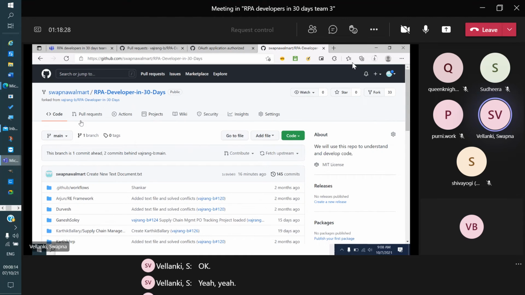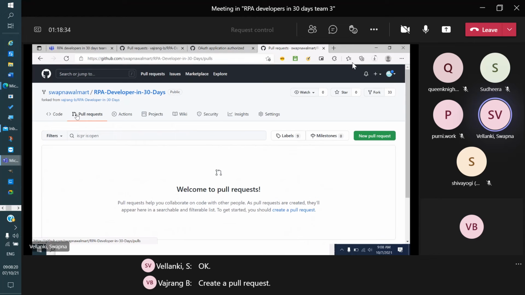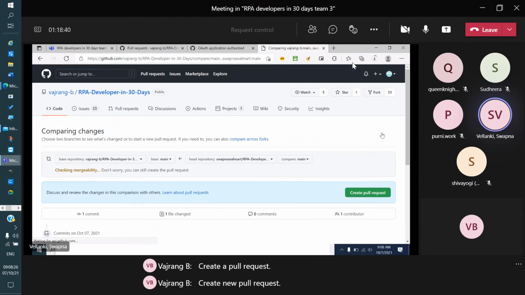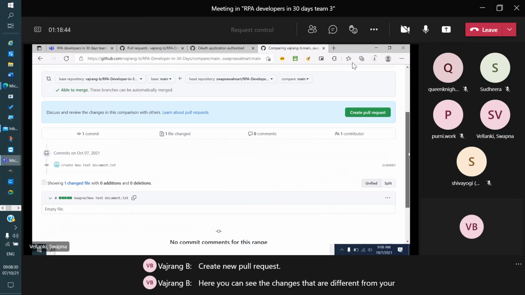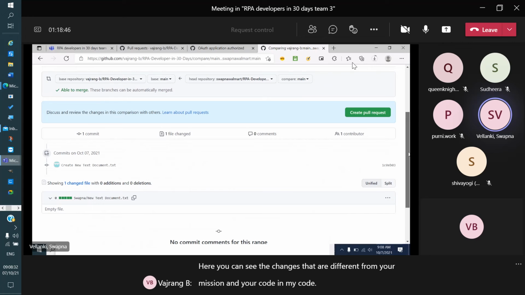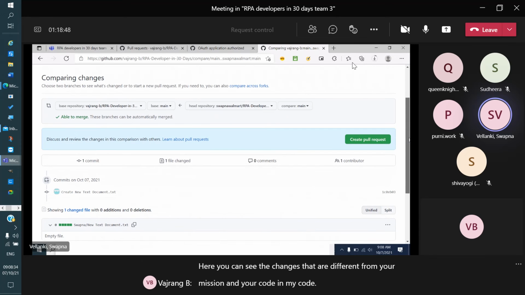Okay. Create a pull request. Create new pull request. Here you can see the changes that are different between your machine and your code and my code. The change is that a new text document is created. Yes, this is the one.